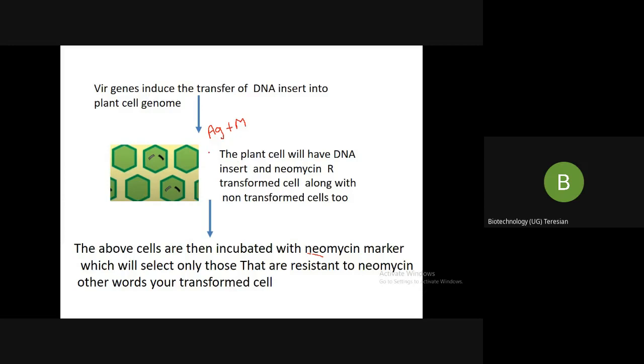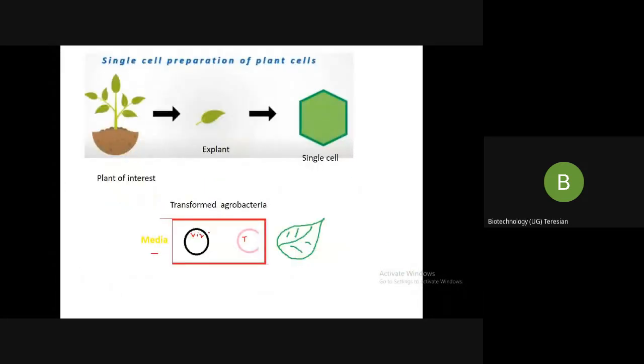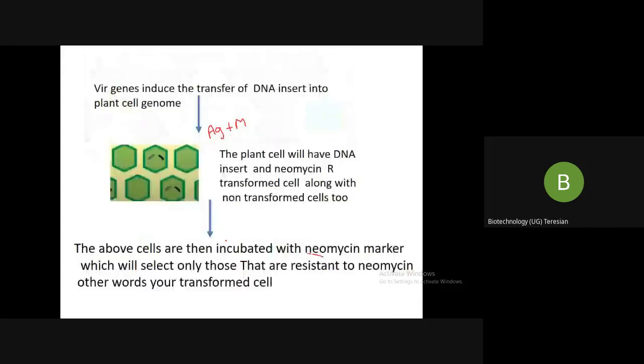So what happens is, the Vir gene will help your T-DNA to get integrated into your plant cell. If you create any wound in your plant cell, what happens? Your plant cell will send a signal which attracts your agrobacterium towards that plant cell. And then your agrobacterium will get integrated into your plant genome. Now, what type of agrobacterium is getting integrated? It is the binary vector plasmid, which is having both the DNA or both the plasmids.